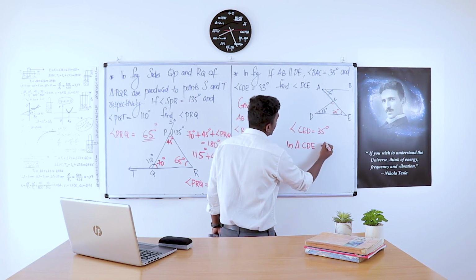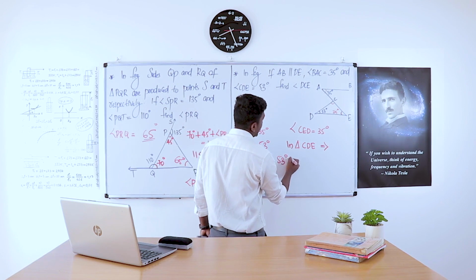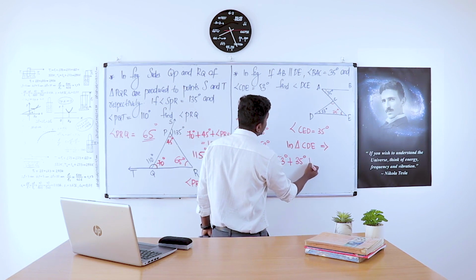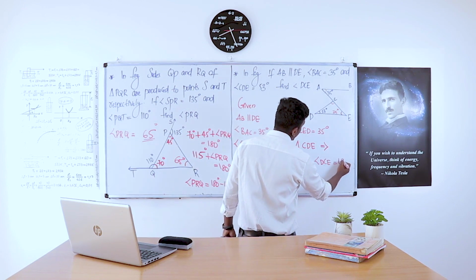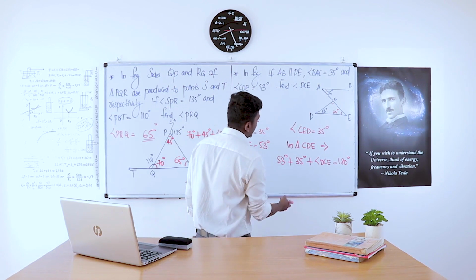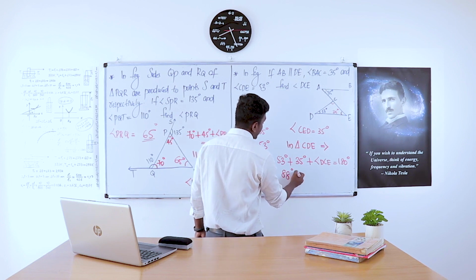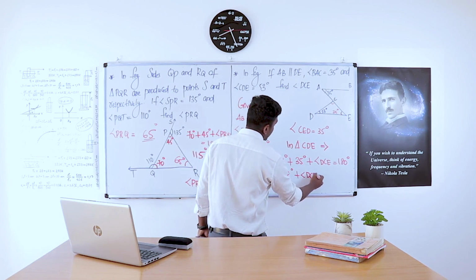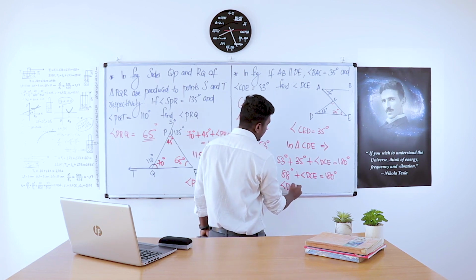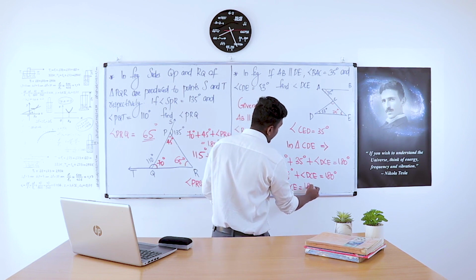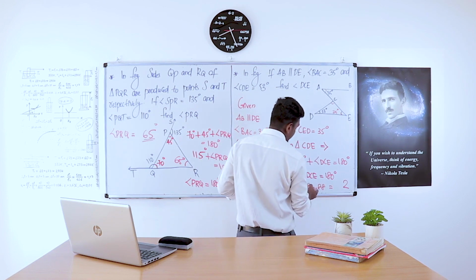Clear? Then in this triangle CDE, the sum of the angles is 180 degrees. That is, one angle is 53 degrees plus the second one is 35 degrees plus the third one, angle DCE, is equal to 180 degrees. 53 plus 35 is 50 plus 30, 80, 5 plus 3, 8. That is 88 degrees plus angle DCE is equal to 180 degrees. Therefore, angle DCE is equal to 180 minus 88,